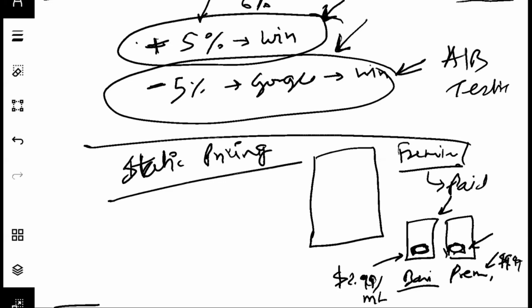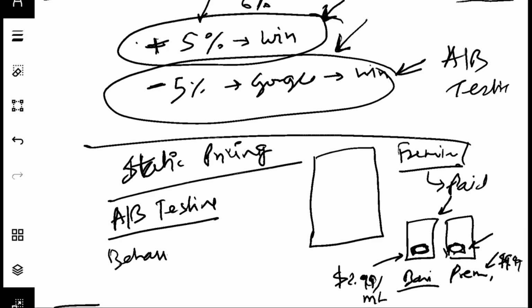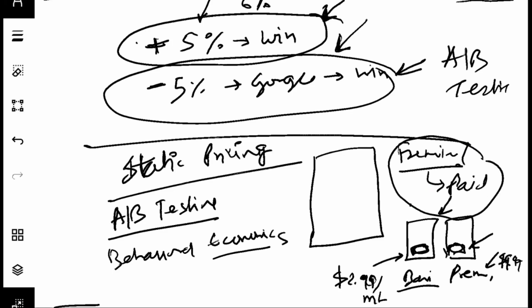This is where typically you would use A/B testing as well as a lot of behavioral analytics, behavioral economics, what is called, right? So how do people perceive your brand versus your competitor brand, and the value that you have, the features that you're producing in your basic premium versus the free? How is that perceived, and what pricing? What is the competitive pricing as well? So there's a fair bit of